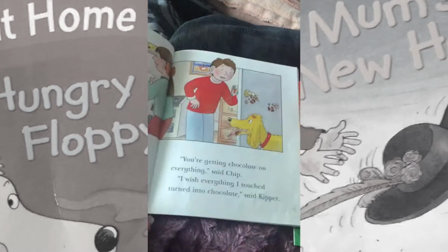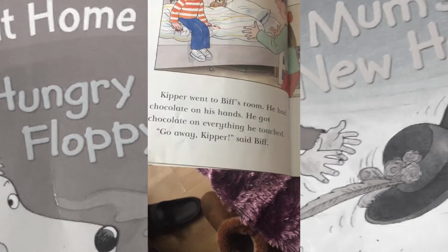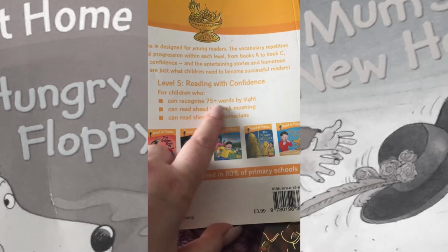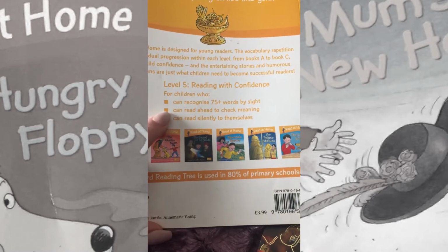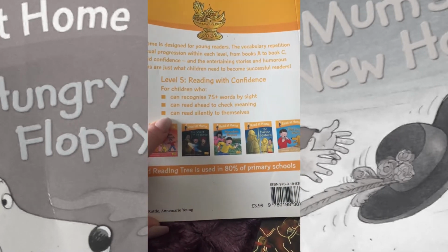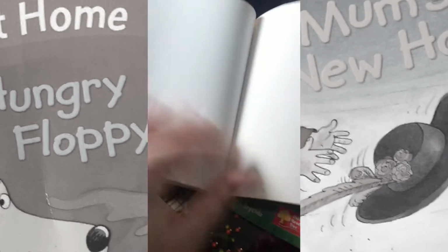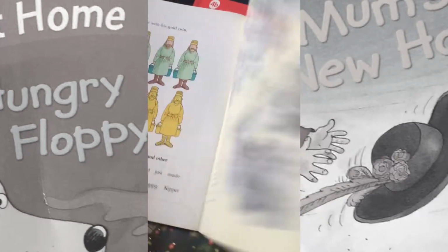this is level 5A. See, even more now. In this book there are 75 plus words by sight. Can read ahead to check meanings. Can read silently by themselves. And again, in this book you've got